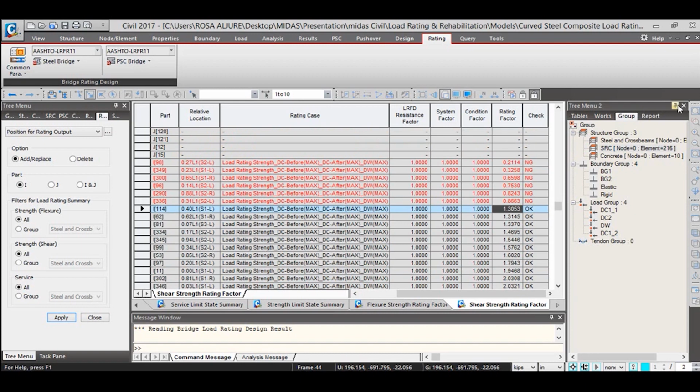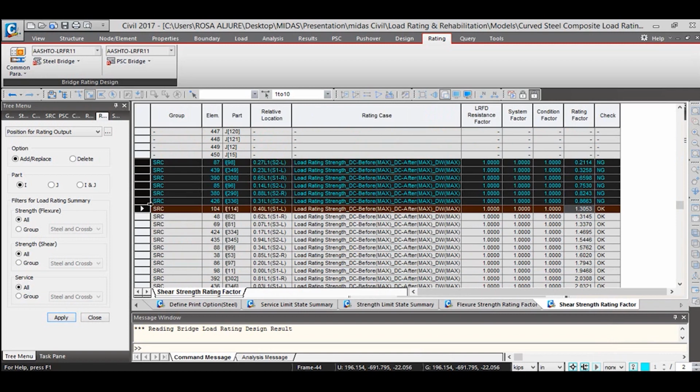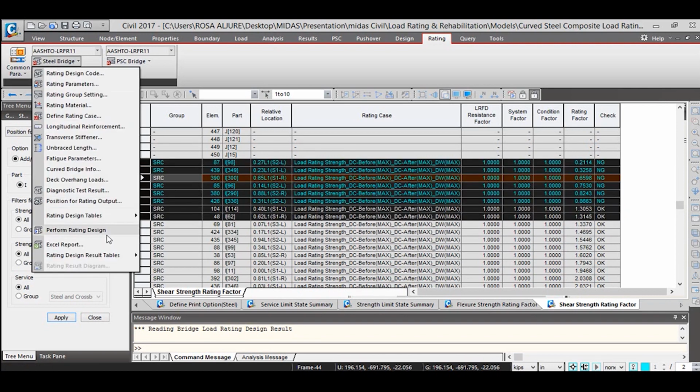With that sorting, you will know exactly which parts are close to the limit, which elements are below the limit, and then from there you can decide what to do with the bridge.